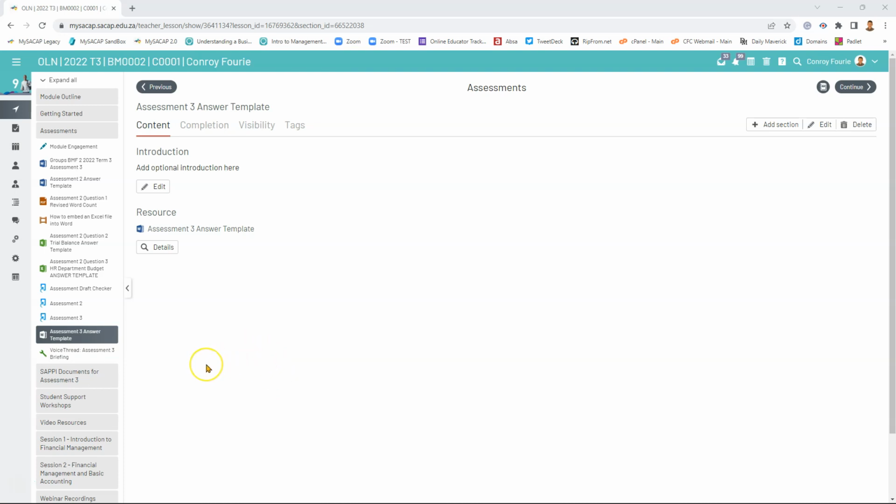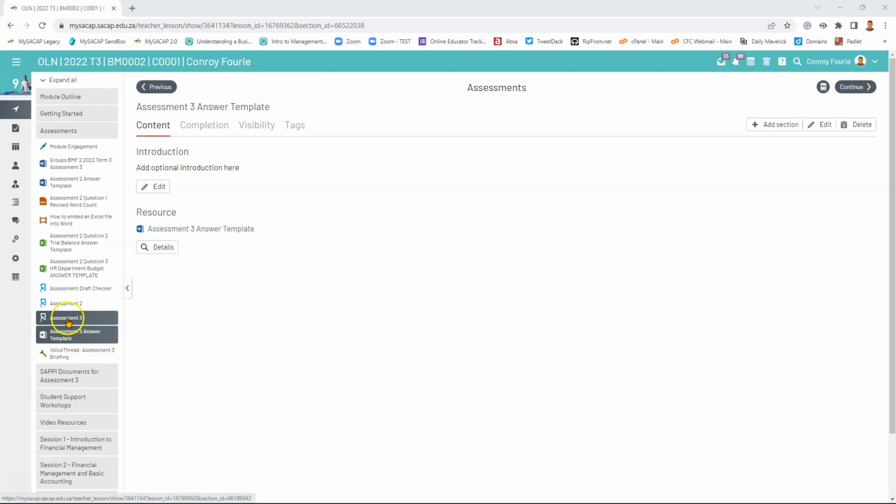Only this morning I realized that I've actually already done a voice thread a few weeks ago to prepare you already for assessment 3. This is the SACAP page for our module, and it will look a little bit different to yours because I've got your educator version here. But when you look in your page for this module, under the assessment tab to the left, there are various elements here, and the information that I'm talking about, the voice thread, is in here.